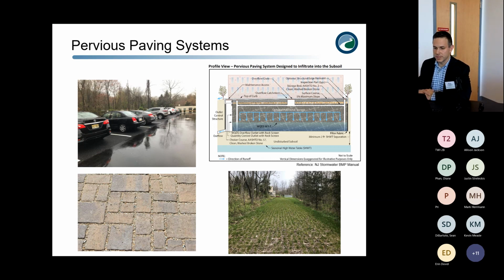On the top left is a porous asphalt site. In that picture, the stalls where the cars are parked is actually porous asphalt, where the driving lanes is standard asphalt. I went out in a rainfall event. You could see the water sheet flowing off that traditional pavement and then just going right into the ground over the pervious asphalt sections. There's different types of paving systems where open aggregate is used between the pavers in order to let water move through. And the bottom right is a turf paver system